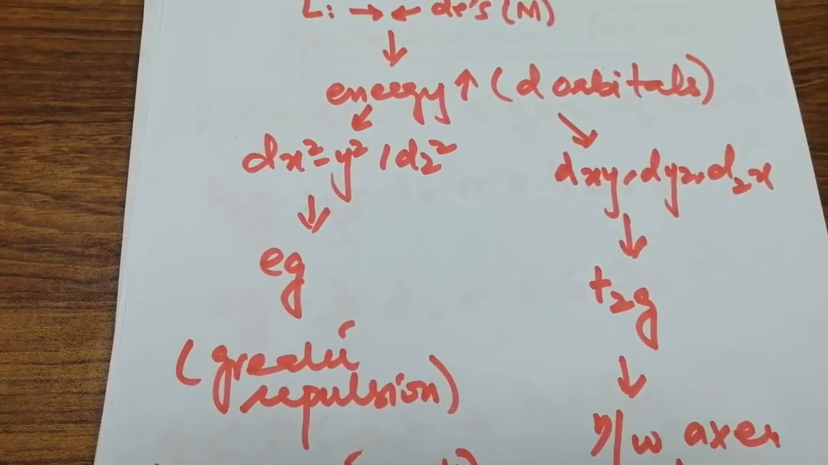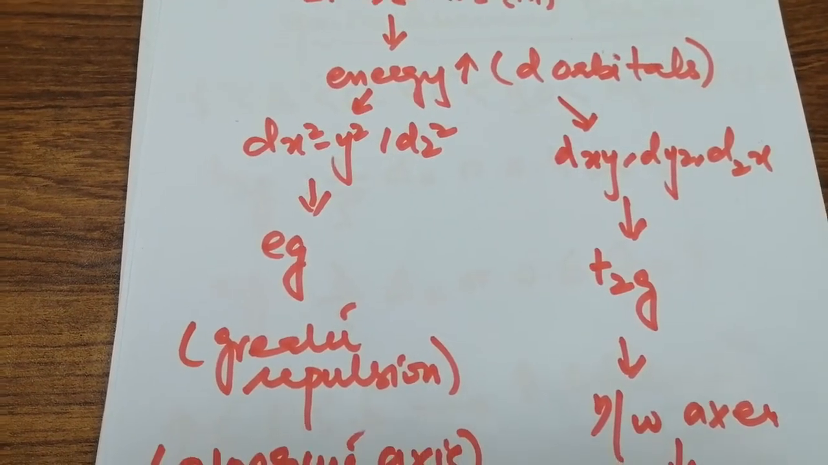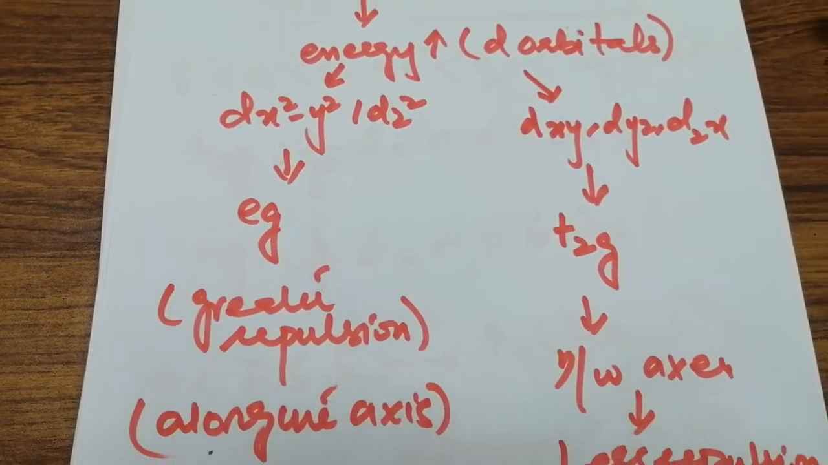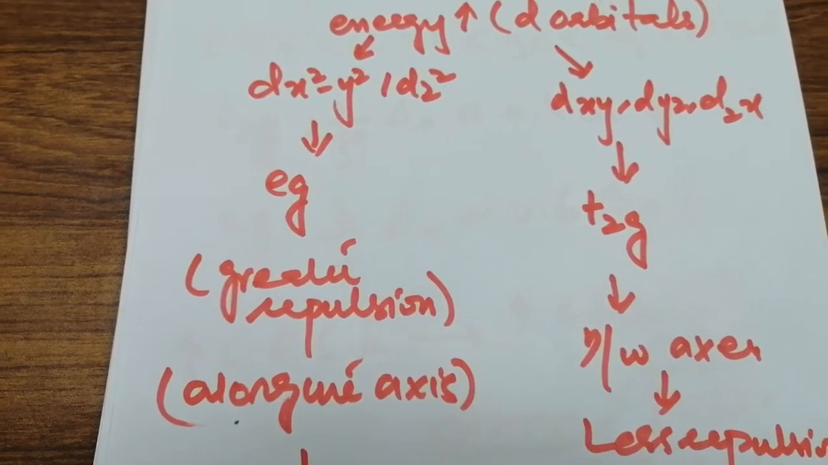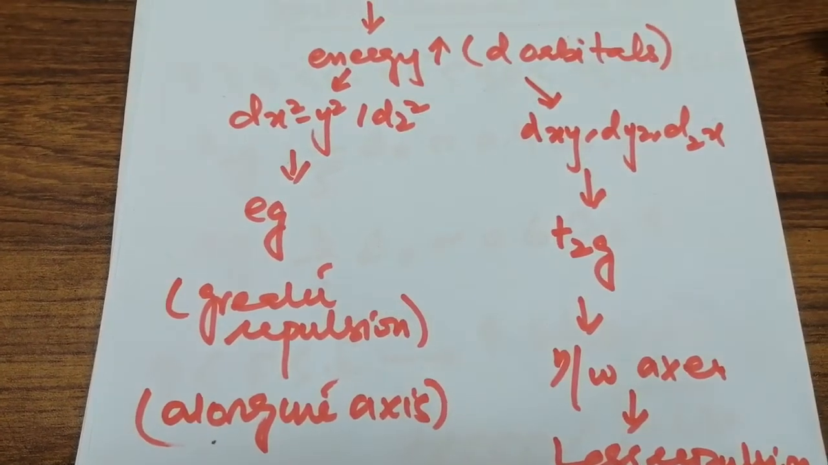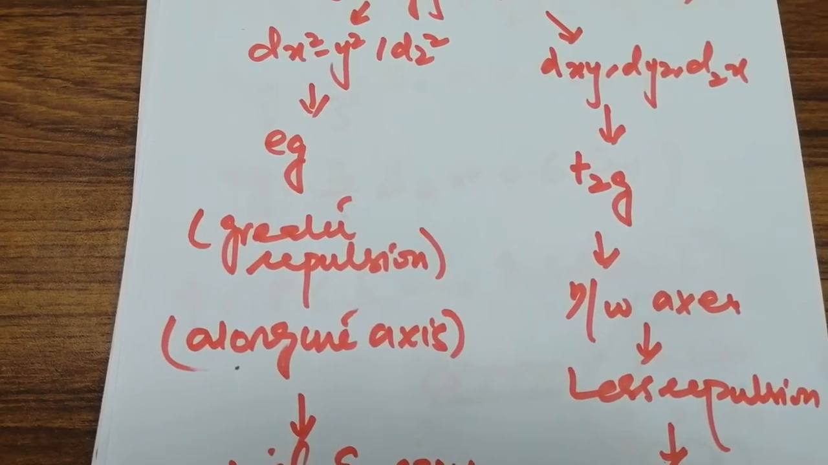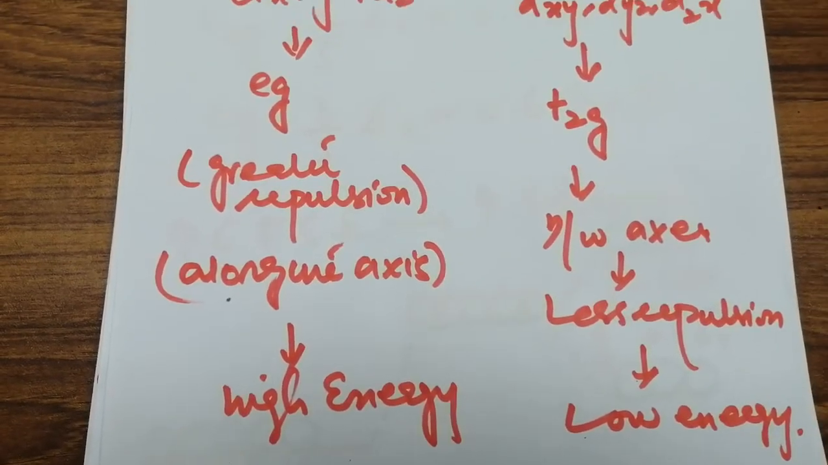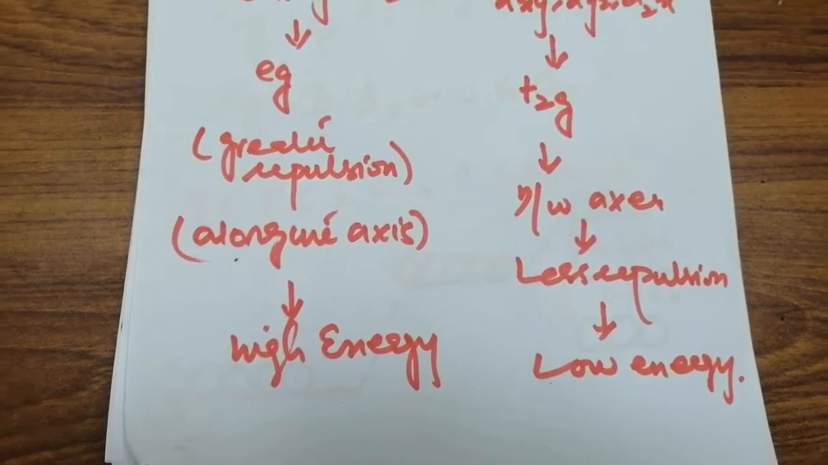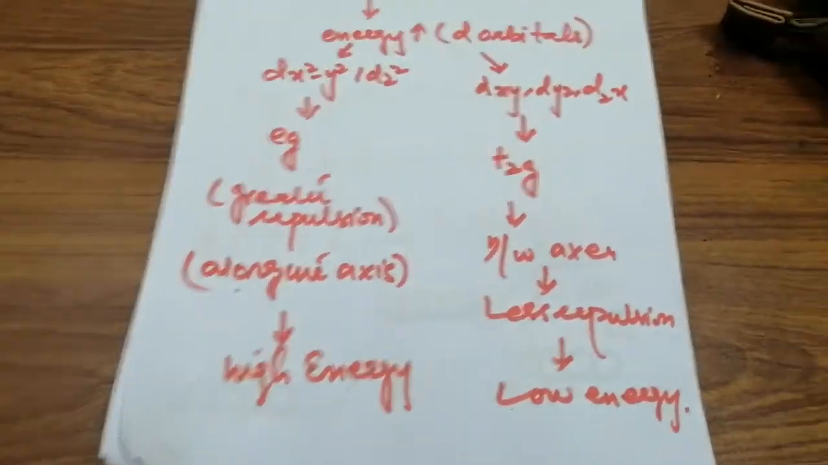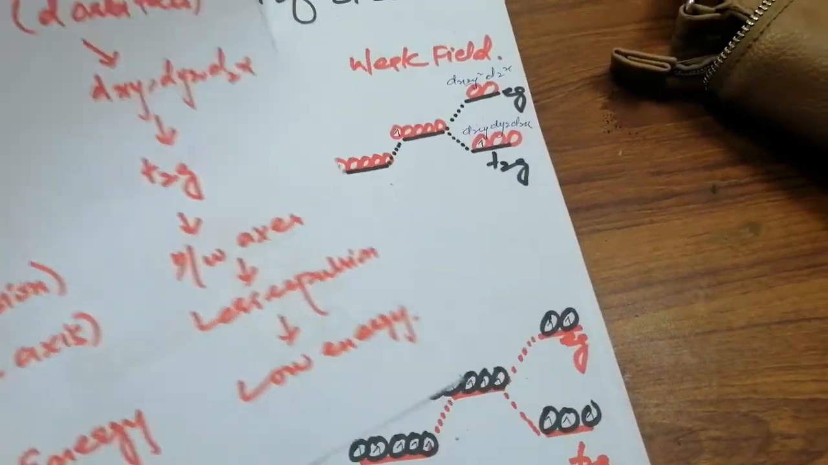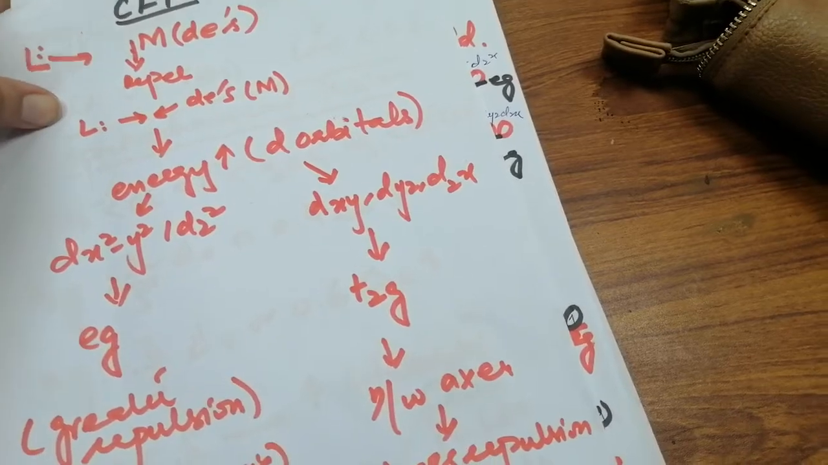Okay, so Eg will suffer more repulsions, so it will gain energy, because the Eg orbitals are present on the axis of the ligands, and the T2G orbitals are between the axes, so they suffer less repulsion forces. So Eg will have high energy and T2G will have low energy. So what will happen because of these forces,